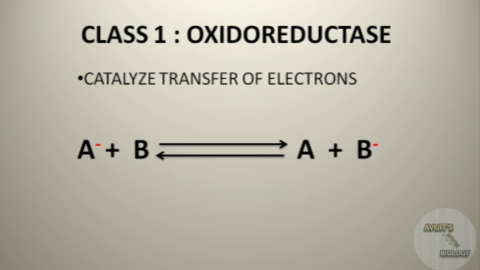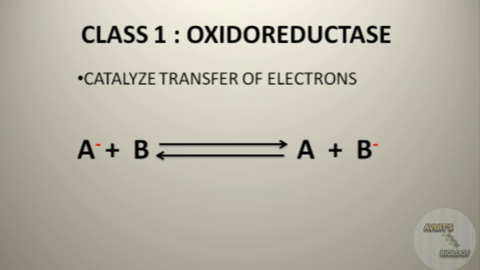The first class of enzyme is oxidoreductase. From the name you can identify that an oxidation or reduction reaction is happening here. Yes, obviously it is. Enzymes of this class catalyze oxidations or reductions of their substrates. So it means that there is a removal of electrons or addition of electrons happening. The electron donor is the reductant and the electron acceptor is the oxidant.